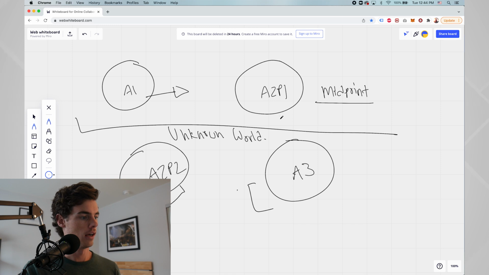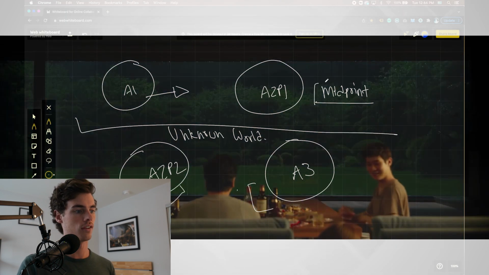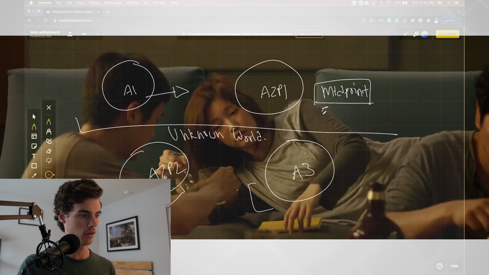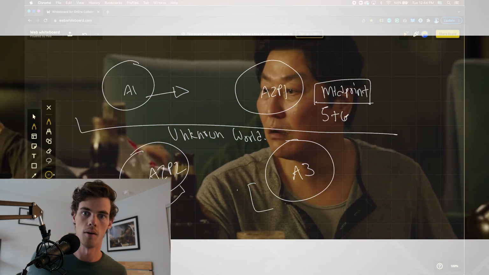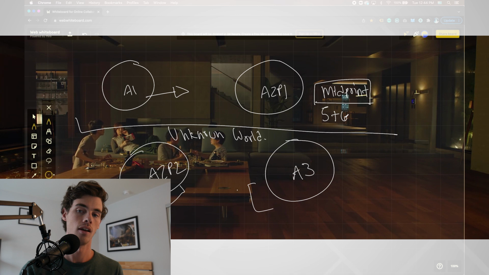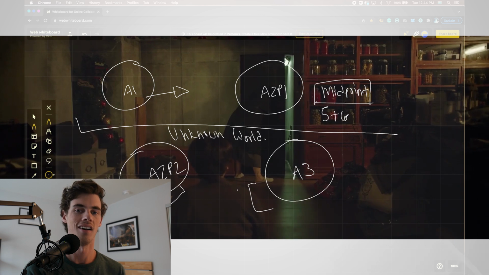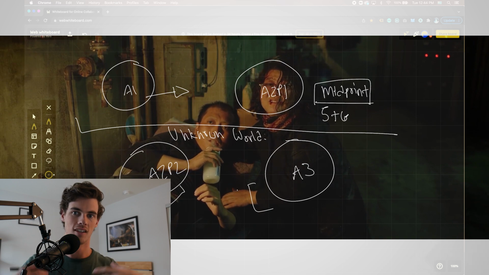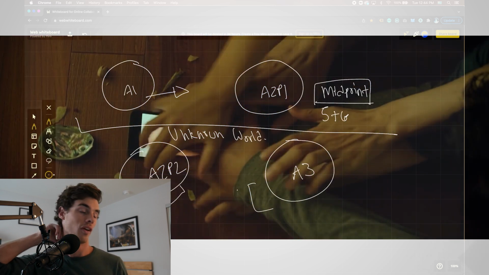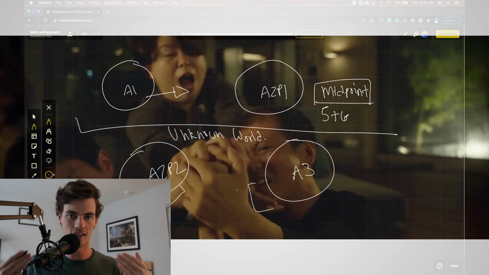So, let's break this down a little bit. In Parasite, right, what is the huge problem, or what is essentially the midpoint? The 5 and 6 in Parasite is the family gets what they want. They get all of the jobs, working for this rich family. And then the pay is that the old housekeeper comes back and they realize that there's this other guy living in the basement, and there's all these new problems that they did not account for, and they have this huge fight with the old housekeeper, and they are shoved into a new world that they did not account for.